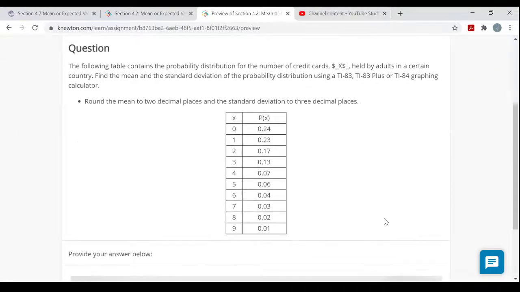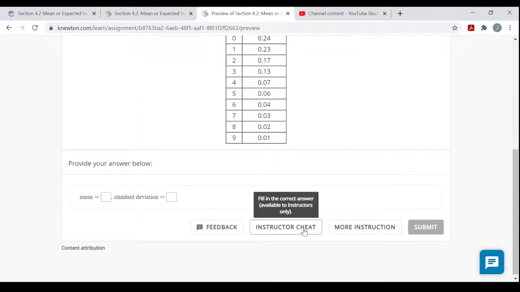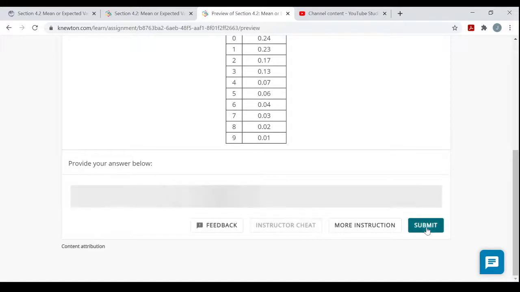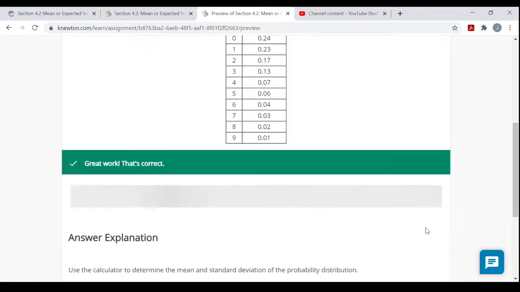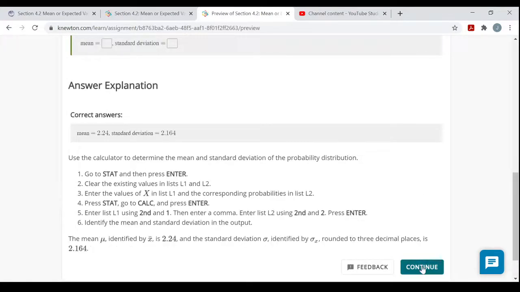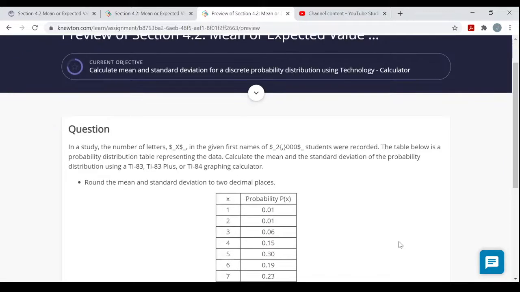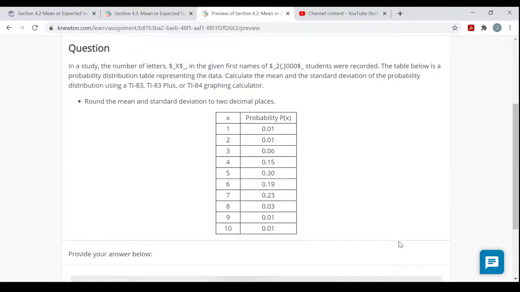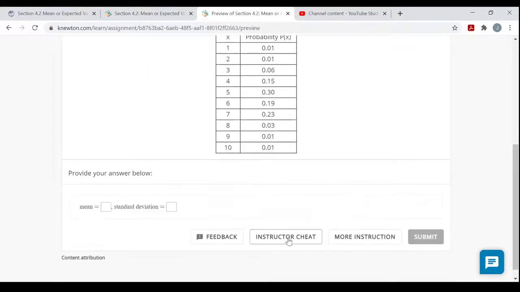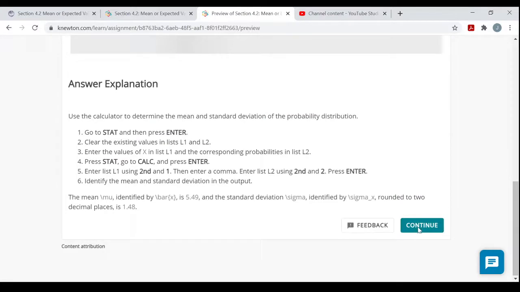Alright, so this one's the same kind of problem. Again, I'm just flipping through this just to see if there are any different kinds of problems for this objective. It doesn't look like there are. Alright, so hopefully you only need to do 4 or 5 of these things for the third objective. And yeah, this is absolutely no different. So that's all the kinds of problems there. Lots of data entry,